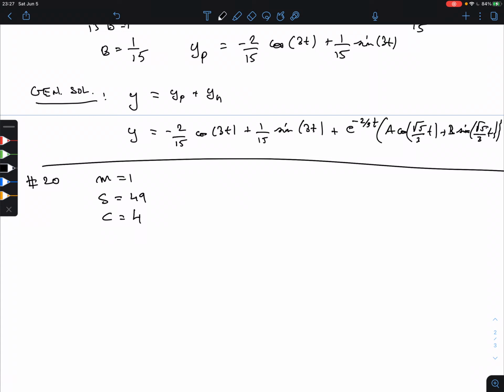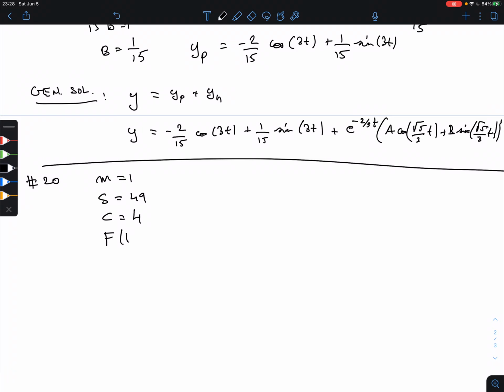4 meter per second. Should that be 400? No, I think not. No, 4 is... no, okay. Find the steady state component of its displacement if it's subjected to an external force of